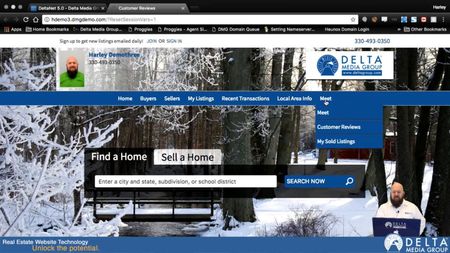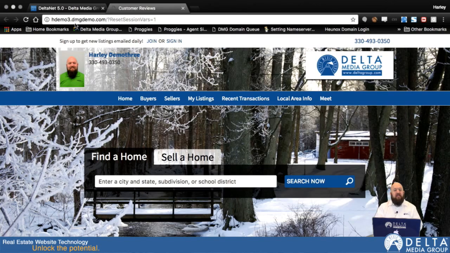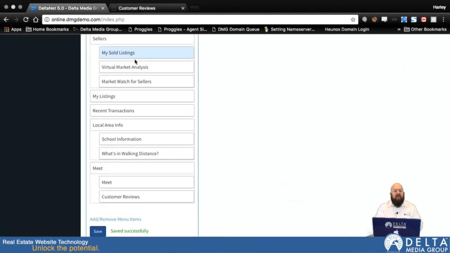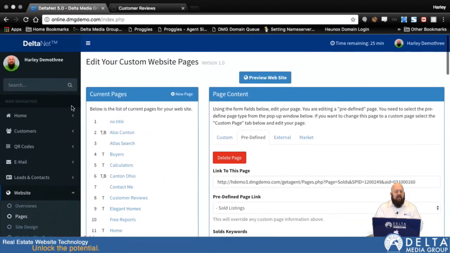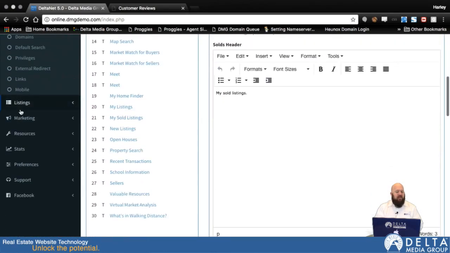You can see it's gone, but if we roll over Meet, there it is. All right, so now that we've added the sold listings page there, we need to add sold listings to the system so that your website has something to display on that page. So to do that, we'll go back into the DeltaNet, and we're going to go down to Listings